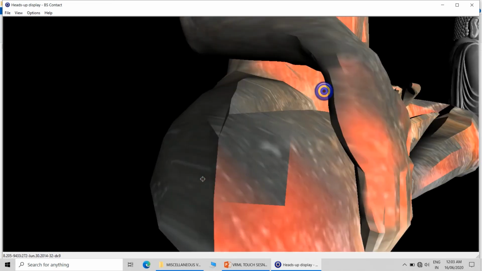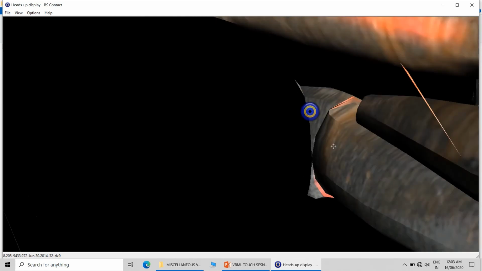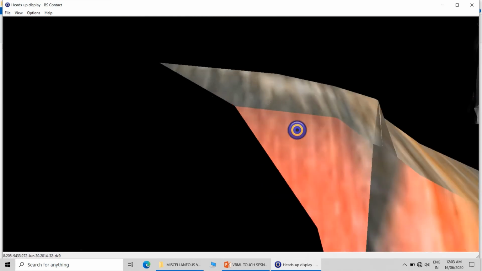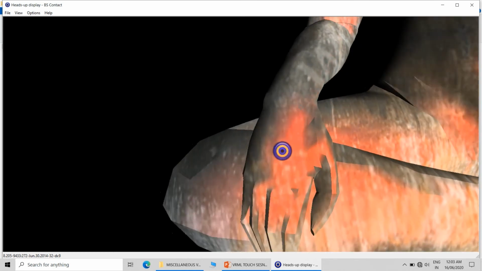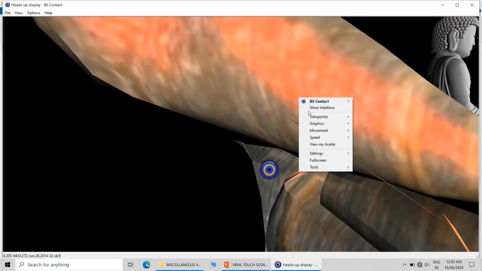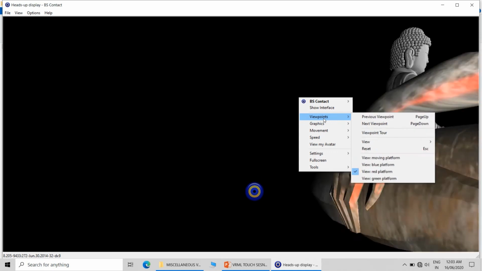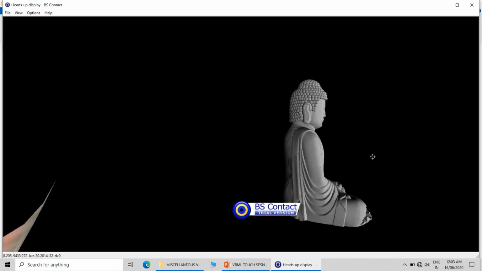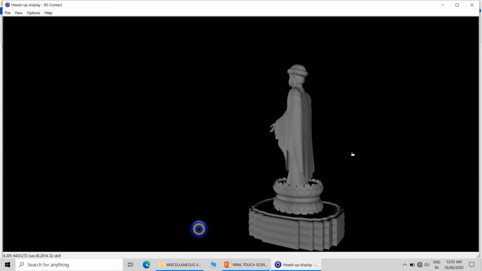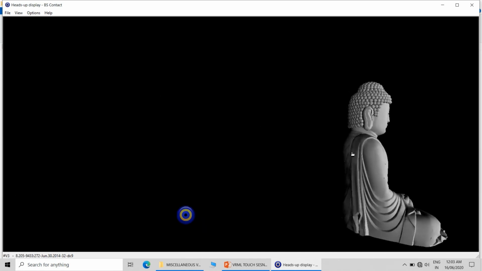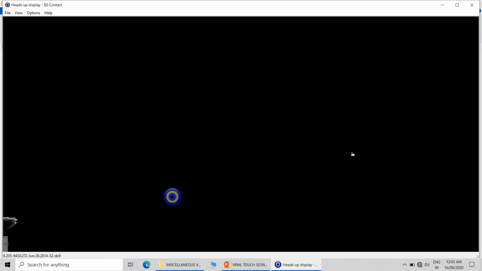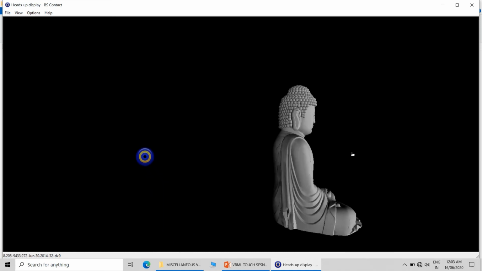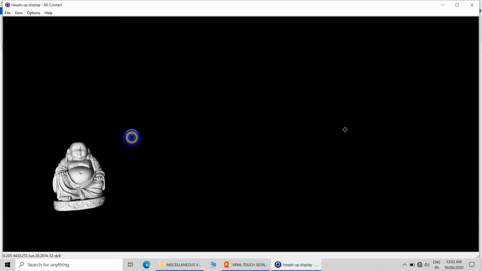Now again I am going to the moving platform. This is a moving platform, and if I change the view to the moving platform, then I will be on the moving platform. This is the first view, and now you can see that the rest of the statues are rotating because I am standing on the moving platform, and I am viewing all the objects around me. So this is a view switcher using VRML.